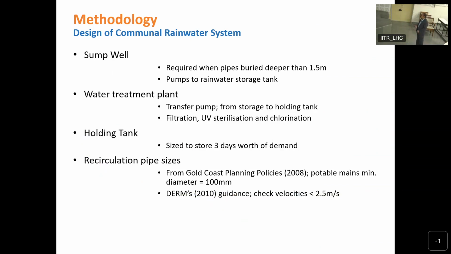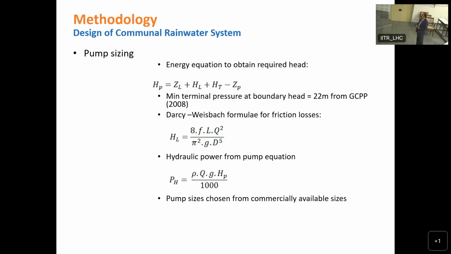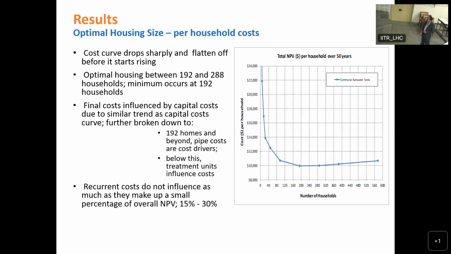So we designed some well water treatment plant, cooling and recirculation system using the local guidelines. And then the pump size is based on the elevation where we have to pump and the losses in the pipeline. All that we can calculate for the pump capacity, which is quite a simple mechanism. So what we found, and this is quite interesting to see, is that for different sizes of the system, we plotted